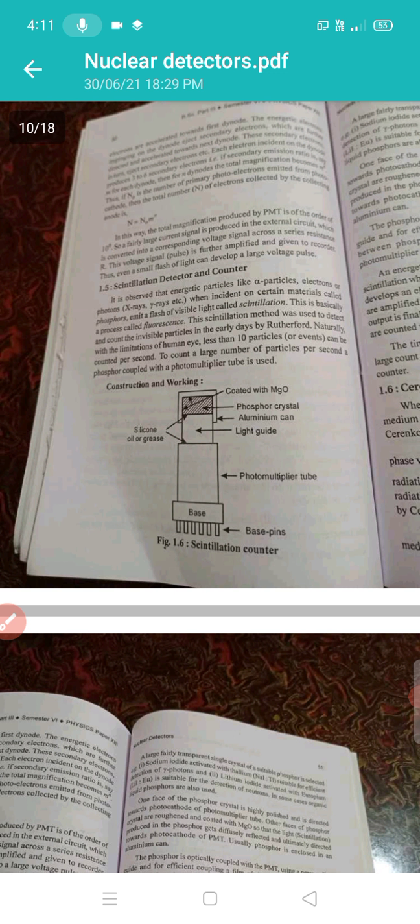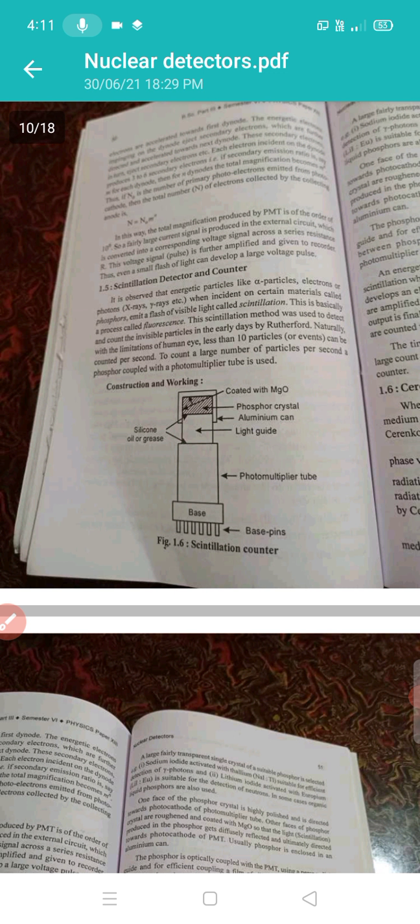In last class we learned about the photomultiplier tube. What is the photomultiplier tube? It is a sensitive device which converts optical energy into electrical energy. It consists of a photocathode, dynodes, and an anode, all fixed in an evacuated glass tube. We saw the construction and working of the photomultiplier tube.